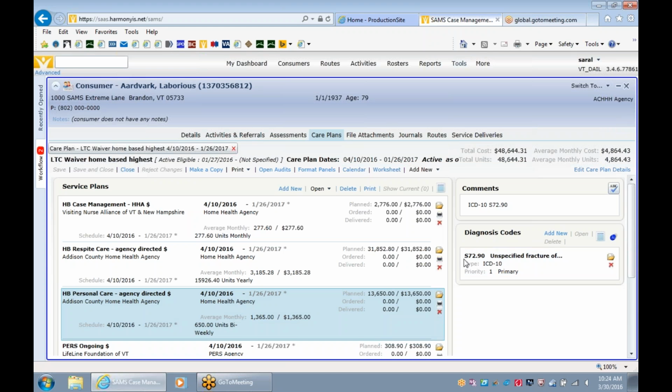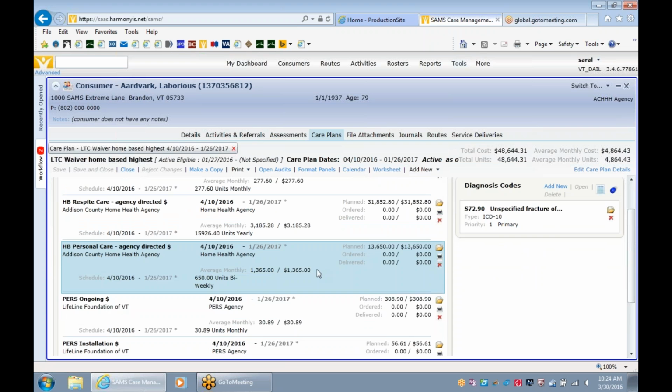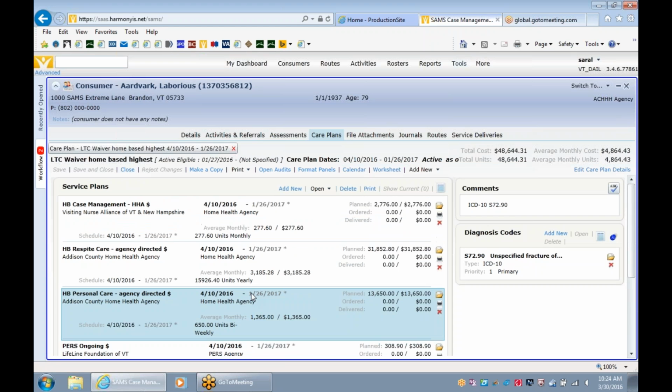Also on here again, in the care plan, you can find the ICD-10 code, diagnosis code. You'll need that for billing. And then you'll also see any other services that the person has been authorized to receive. So this is probably going to be the easiest place to go and check and see what the individual has